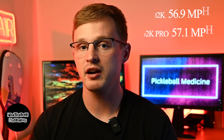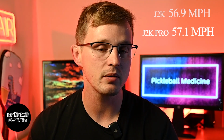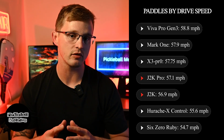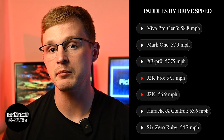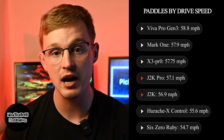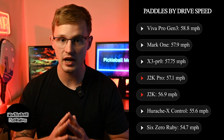And with that being said, both of these paddles are capable of producing high velocity drives, with them averaging right around 57 miles per hour each in terms of average drive speed, but the extra pop pushing the J2K Pro over the edge into the power category for me. When comparing those drive speeds to some of my other favorite Kevlar paddles, the Hista Pro Gen 3 tops the list for overall top speed at 58.8 miles per hour, followed closely by the Mark 1 and Body Helix X3 Pro at 57.9 and 57.75 miles per hour, then the J2K Pro and J2K at 57.1 and 56.9 miles per hour,